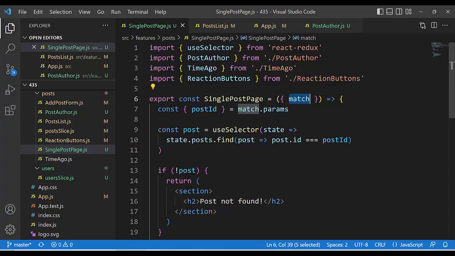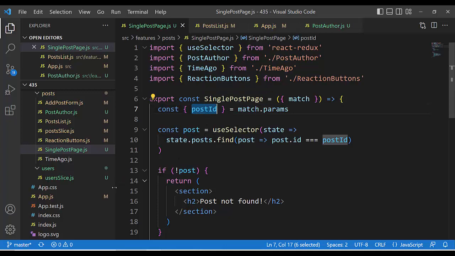That match is important for params, for taking params from the web address, and in curly brackets we declare a constant post ID equal match.params. In curly brackets, that object is post ID